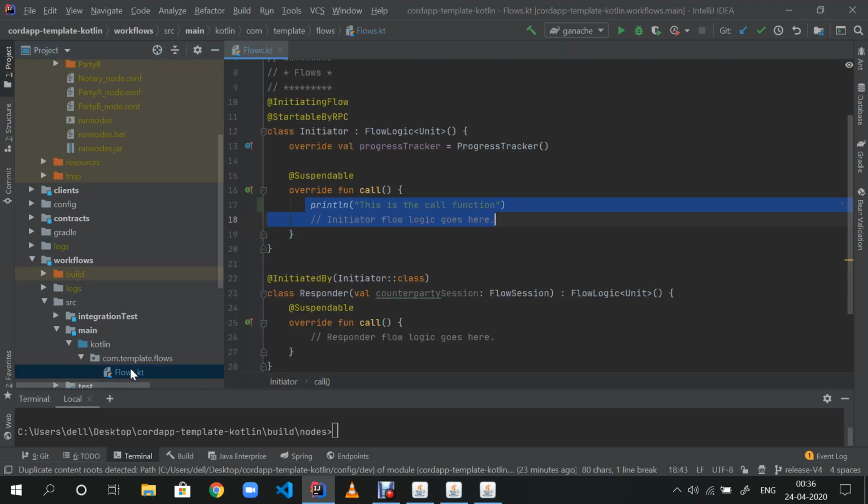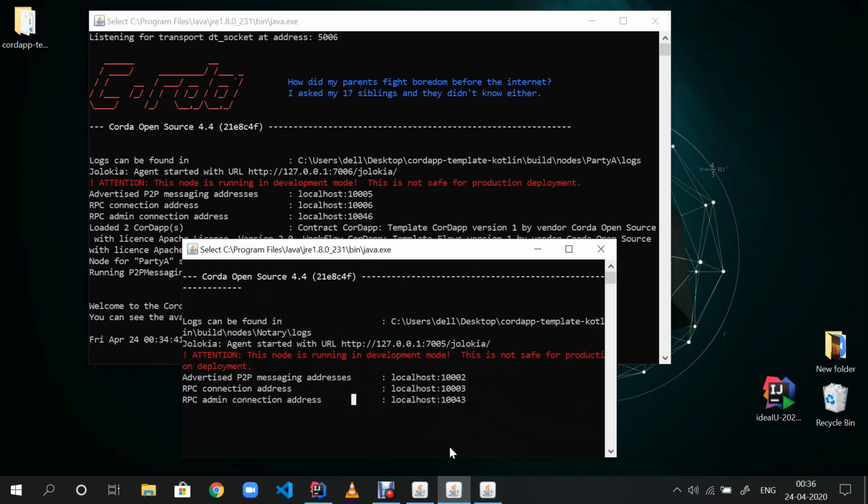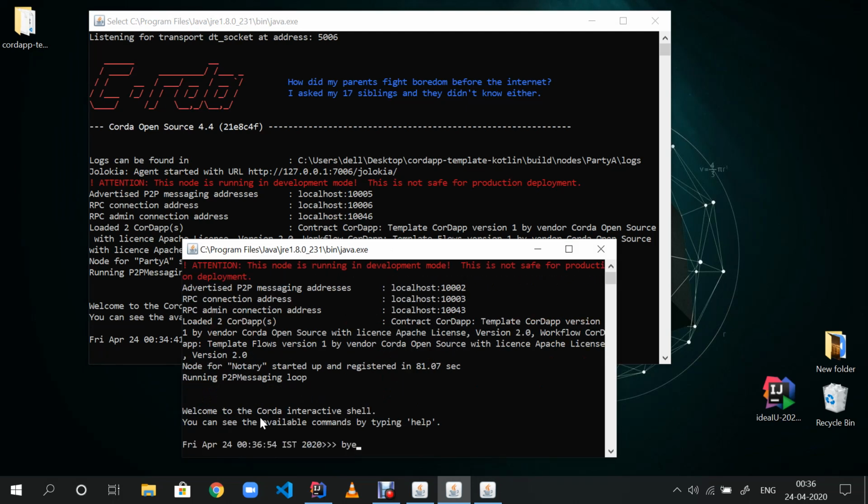It's flows.kt, right? It takes no parameters and just prints a statement. So if I go to our party A, let's just check if the Nukri has run. Okay, it's not. So in such cases, when your node is not running, well, the Nukri started, but I'll complete the sentence anyway. In some cases, your nodes will not start.